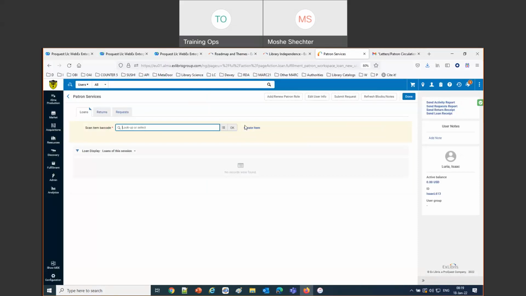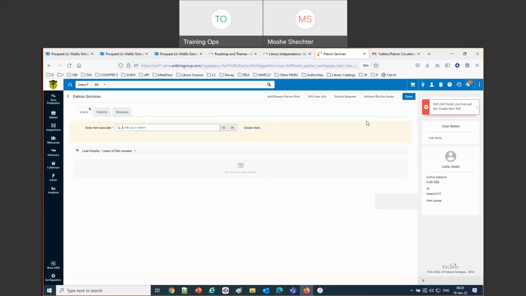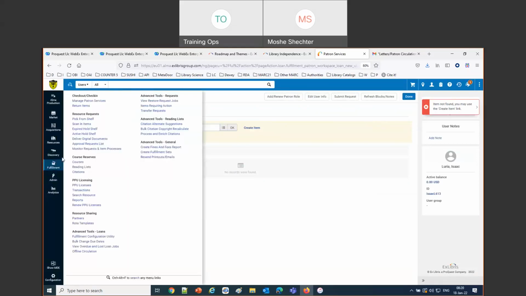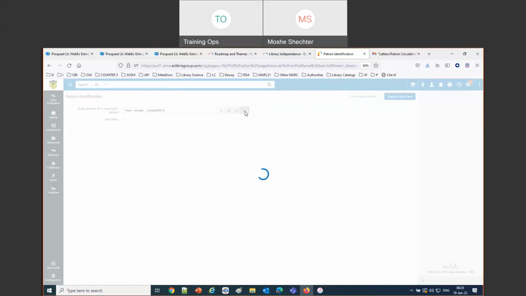Let's also send to our other patron, Joseph Caro. He's got 1 item on loan, but we'll send him an activity report as well. Let's see, Joseph Caro. You need to do that. Oh, that's the barcode, yeah. Like I say, there are no Alma errors, it's only human errors. That was a human error. Okay. And send activity report to Joseph Caro.